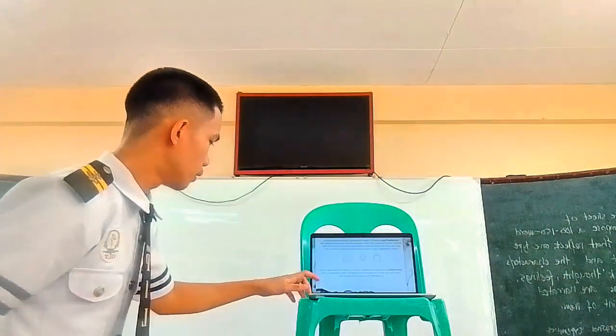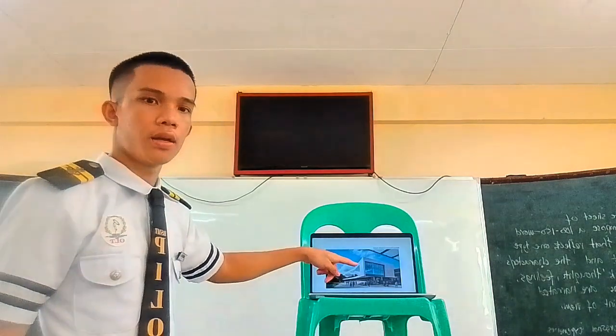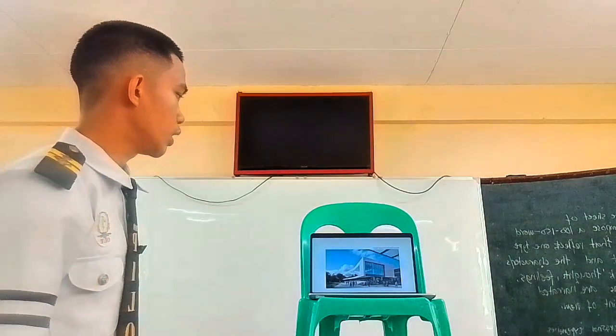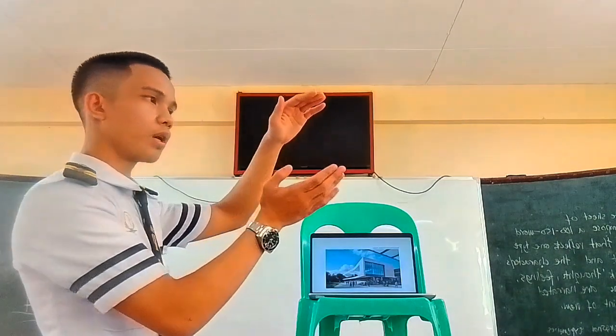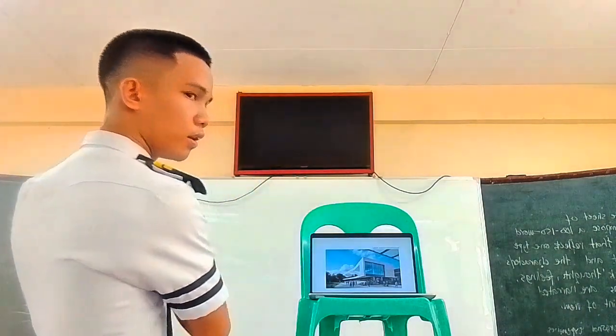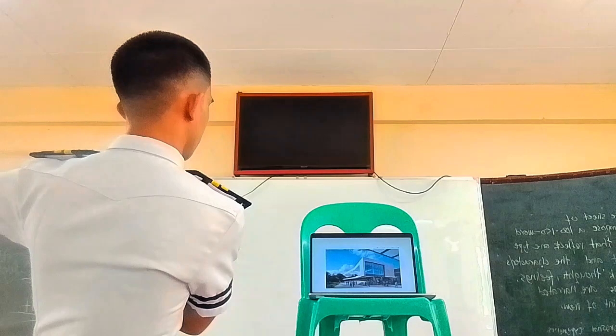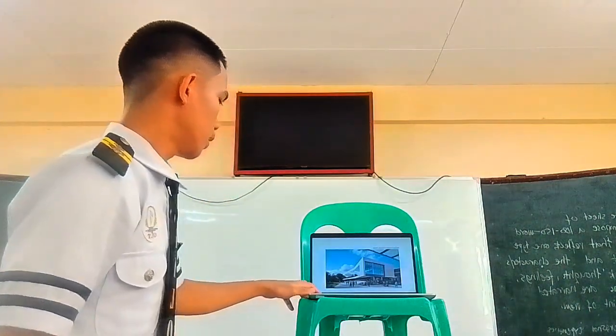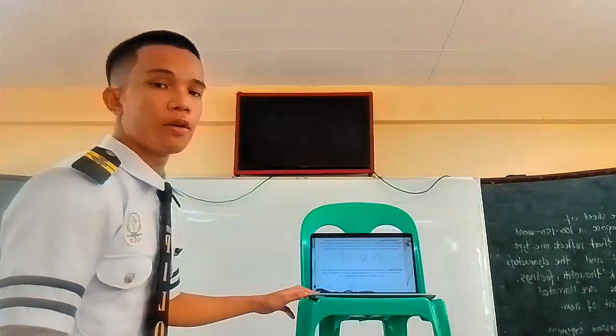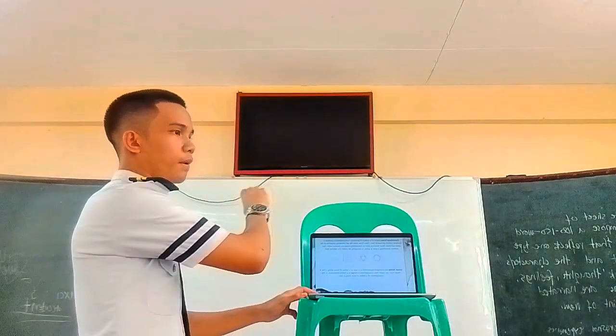Just like this, kita niyo siya sa National University of Ireland, Galway. Diretso lang, isa lang design. Line by line ang pagbuhat sa building. So linear forms, palinya siya forma.